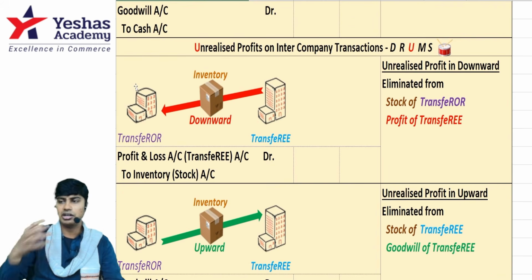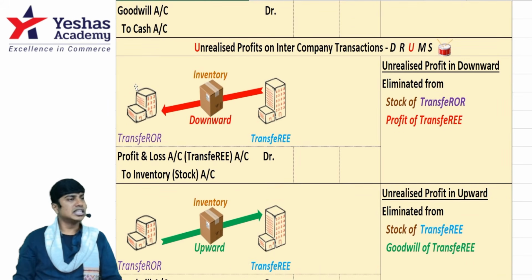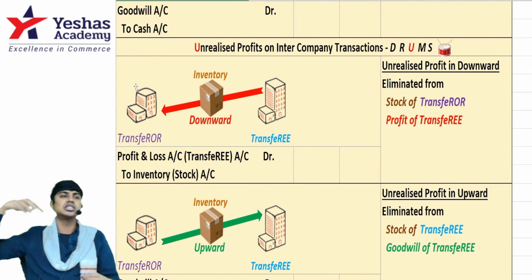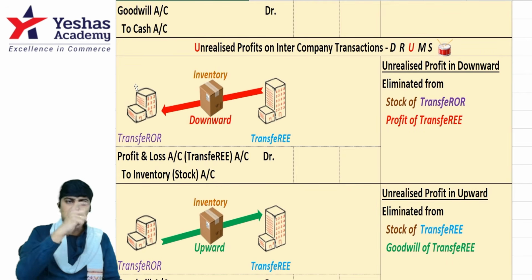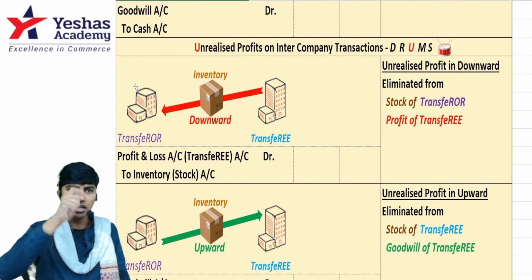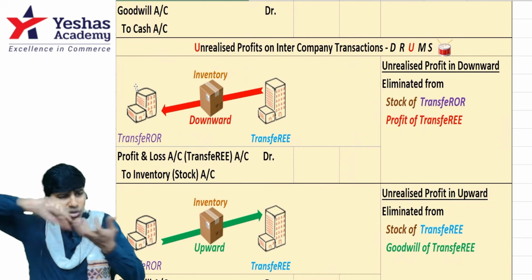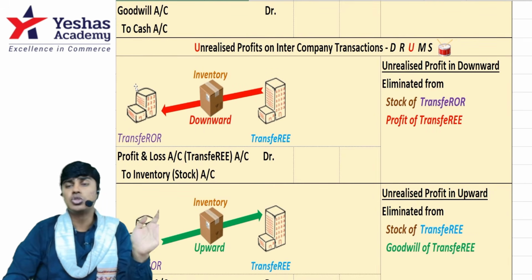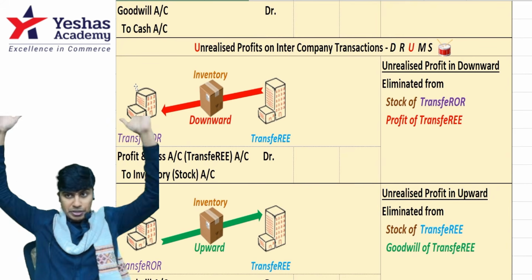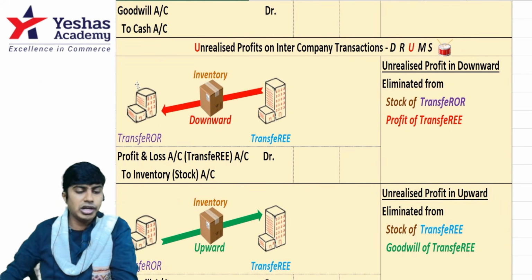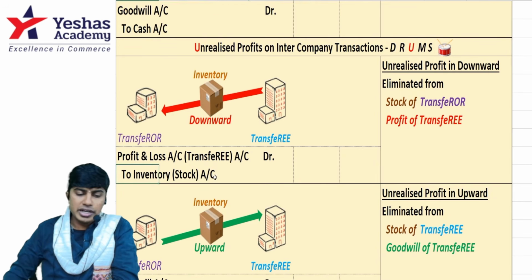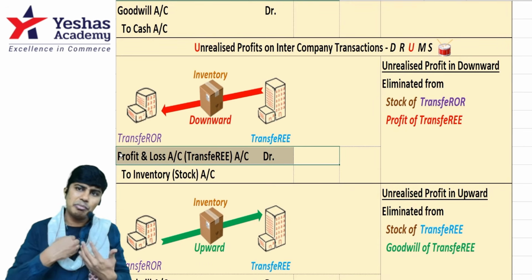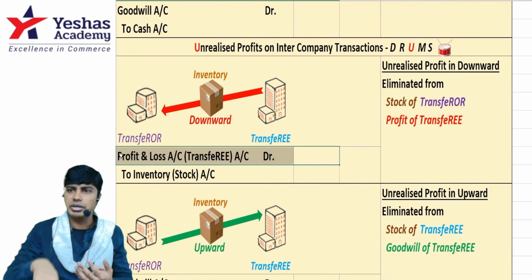Before amalgamation, when transferor and transferee were two different companies, there is a possibility that transferee has sold goods to transferor or transferor has sold goods to transferee. In those goods sold, if they were not sold to a third party and this inventory is remaining in the closing stock, we have to eliminate the profit. That is unrealized profit adjustment. How to remove it depends upon who has sold to whom. If the big company, transferee, has sold to transferor, we call it downward. Inventory will be credited. Debit will be to P&L account. Why? I should eliminate it from my profit. I am transferee, so I'll eliminate from my profit. P&L account debit to inventory. My profit will reduce. My inventory will reduce.